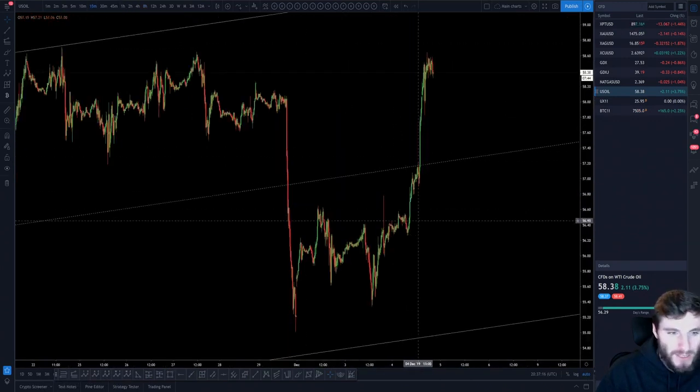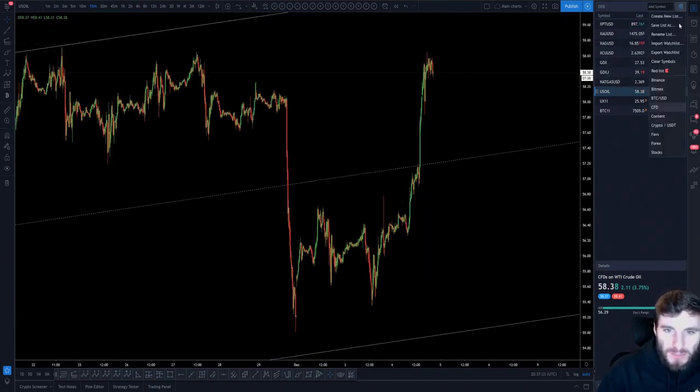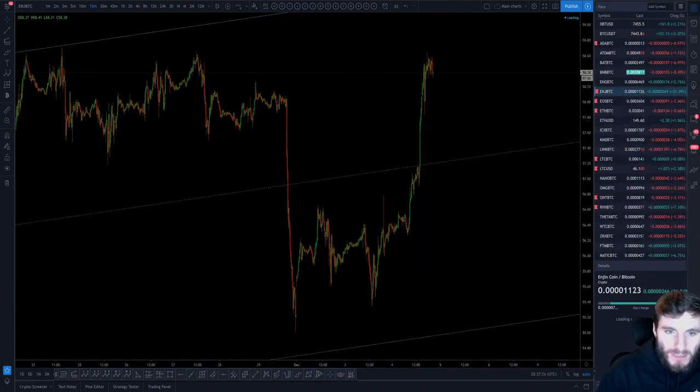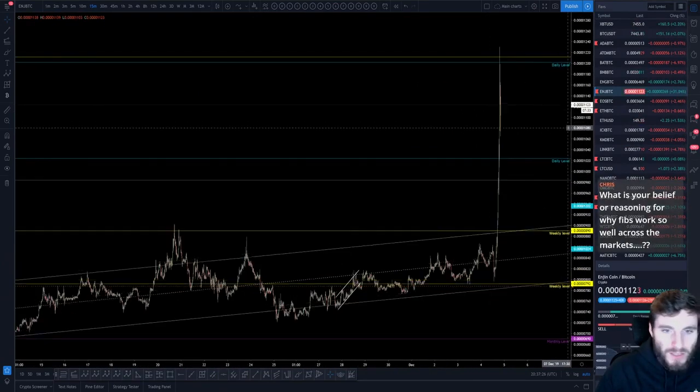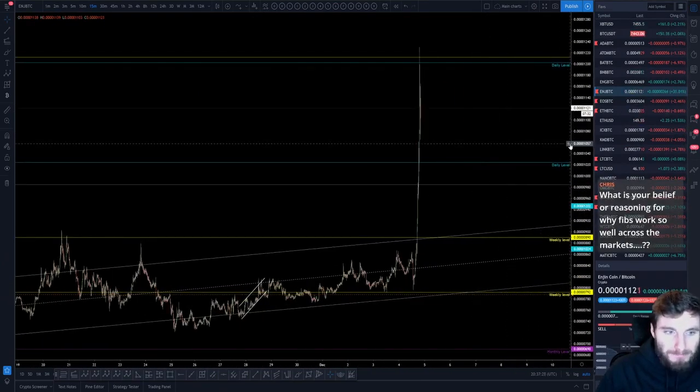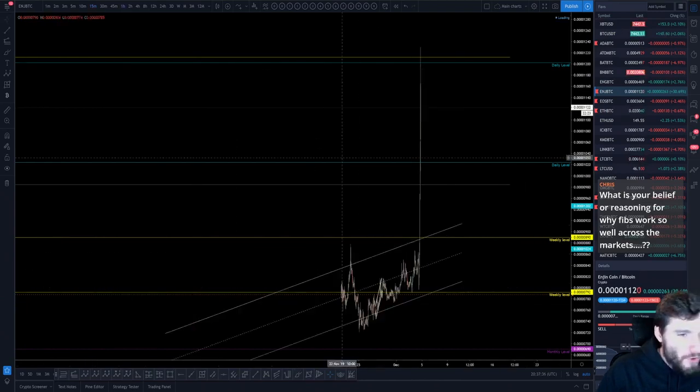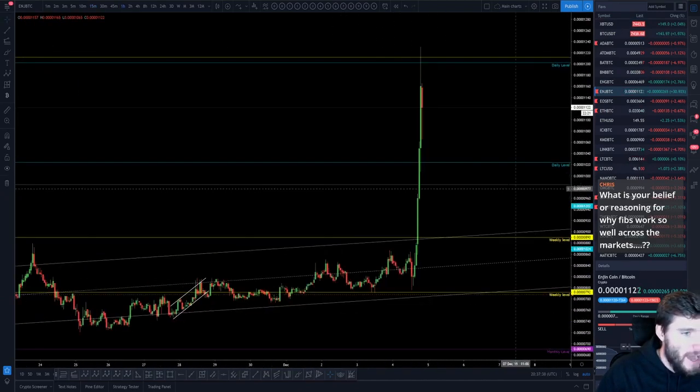But at the same time, on these lower time frames, absolutely, it's acceptable to use it here. For instance, well, I guess ENG. Well, I've done that extension, haven't I? Someone else had another question on ENG: where would you look for an entry point if you're not in ENG right now?